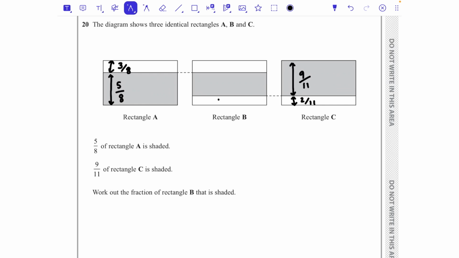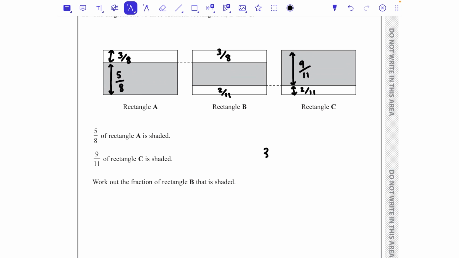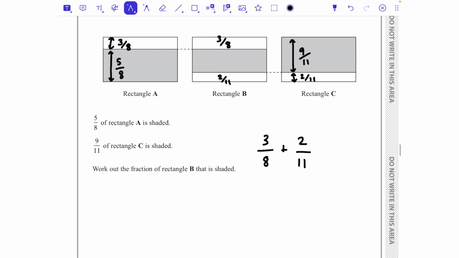And then we know that this bit would be 2/11 and this bit would be 3/8. So we decided to add them together and then take it away from one whole. So let's start by doing that. 3/8 add 2/11. Now we said earlier that if we're going to add fractions, we need to make the denominators